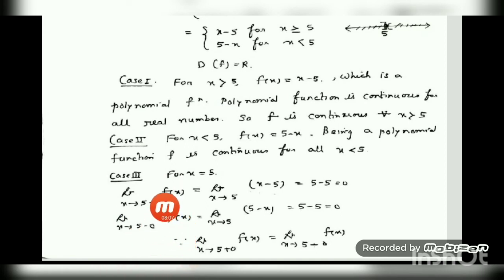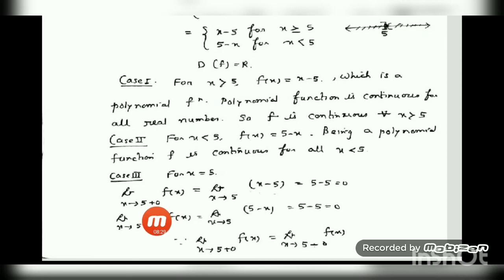Because if I simply write down x tends to 5, which function value you will substitute is difficult for you to check. Can you substitute? No. Because x tends to 5 means maybe greater, maybe less. It's not known to you. So you have to make it specific. That's why I have done here 5 plus 0 and 5 minus 0 f(x).